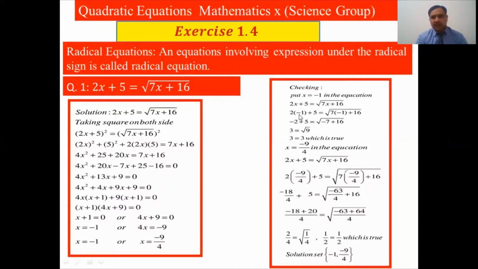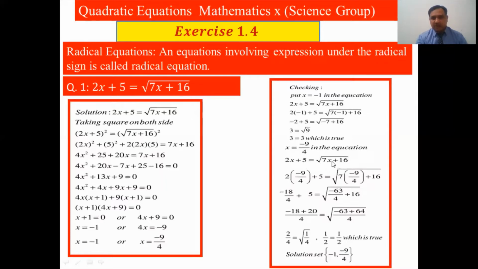So when we put x is equal to 1, we have this type of expression. And when we simplify this expression, we have 3 is equal to 3, which is true. So it means x is equal to minus 1 is the solution of this radical equation. Now the second solution is x is equal to minus 9 by 4, and we have to put this in